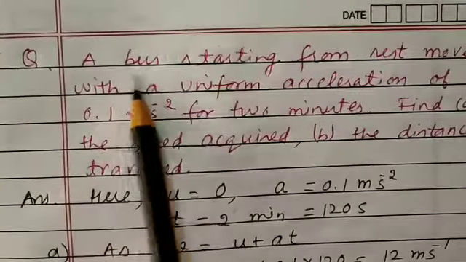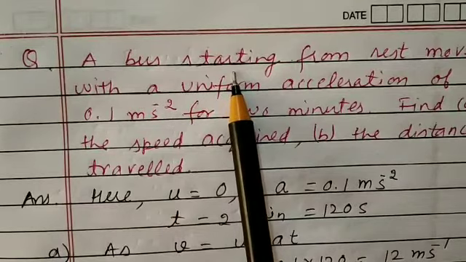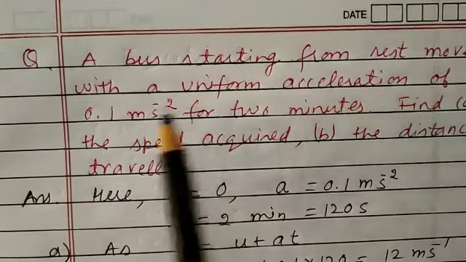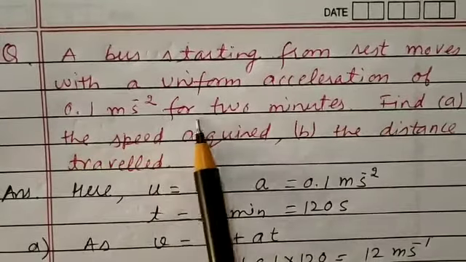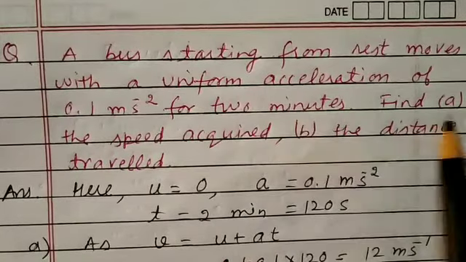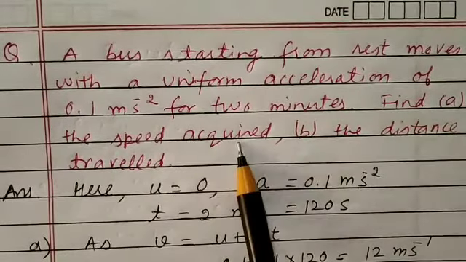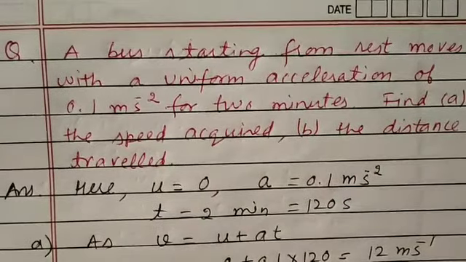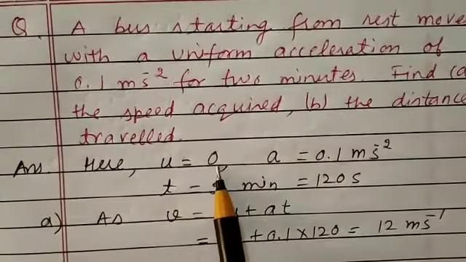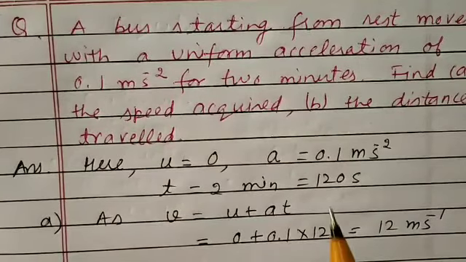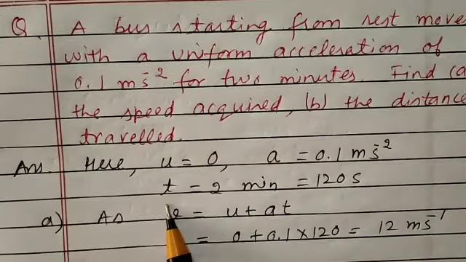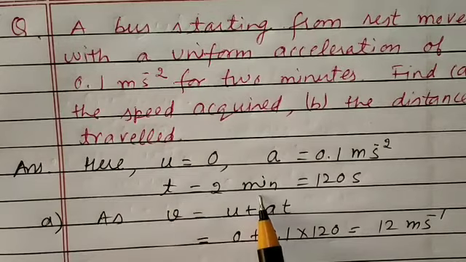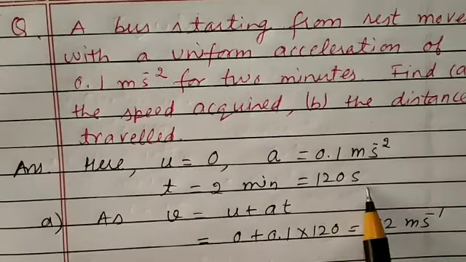Next is, a bus starting from rest moves with a uniform acceleration of 0.1 meter per second square for 2 minutes. We have to find two things: the speed acquired, and second, the distance traveled. We know that initial velocity is 0 because the bus starts from rest. Acceleration given to us is 0.1 meter per second square. Time is given as 2 minutes, and we have converted 2 minutes into seconds,